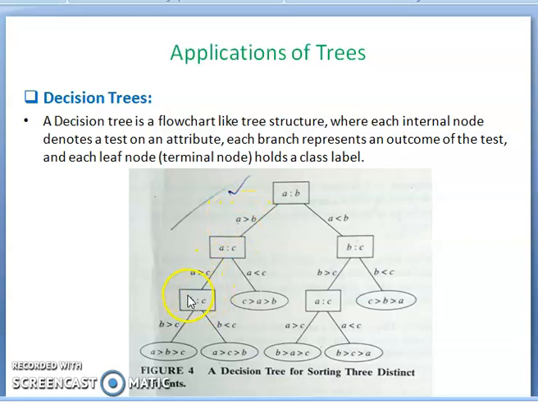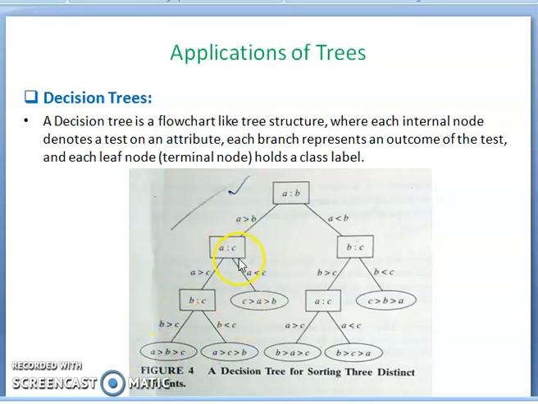And you compare whether B is greater or C is greater. If B is greater, then A is greater than B, and B is greater than C. If B is less, then A must be greater than these two, and B is less than C, so A is greater than C, and then greater than B. Now, if A is greater than B and you compare with C, if A is also greater than C, then you traverse like this.